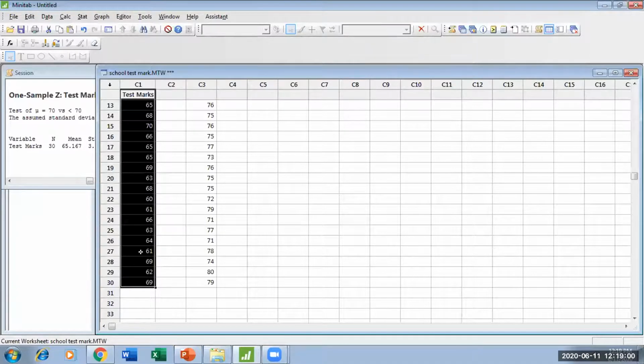And see, when you compare a sample with another sample, not with the population now. There are two schools. One school is saying, I am doing great. The other school is saying, my percentage is better. Now the comparison is between the samples, not with the population, right? I take one sample from one school, another sample from another school, and these two samples are compared. Now the recommended test is the two sample t-test.